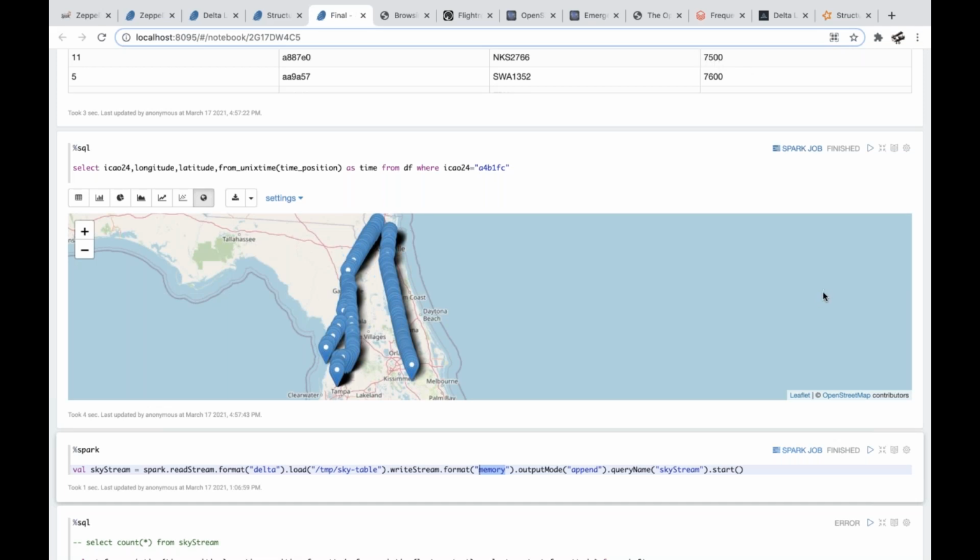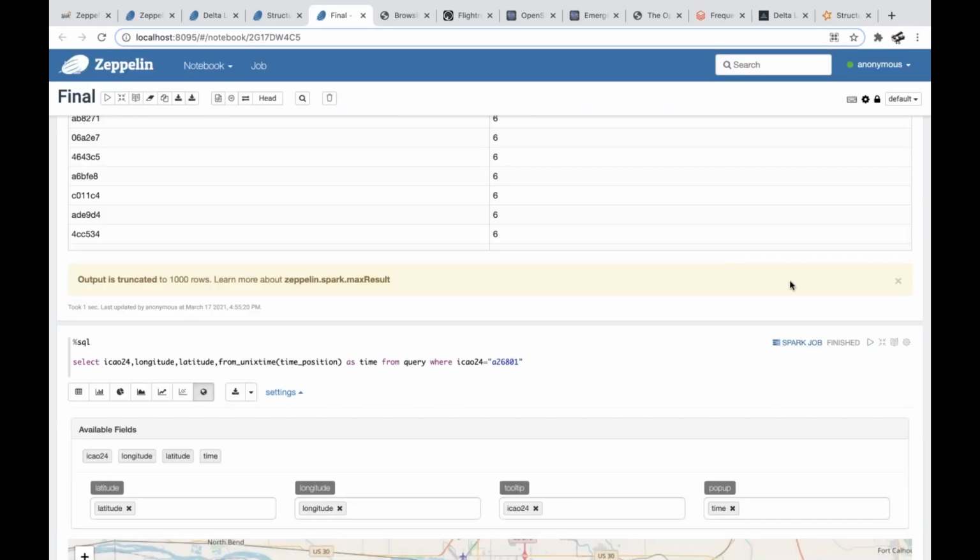Do we have any other questions? Yeah, another question, basically it is similar to this. The question is the following. Spark Structured Streaming does not support update mode on stream to stream joins. Only append mode.